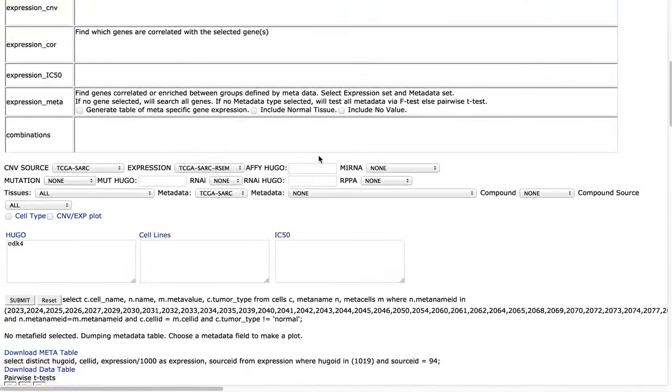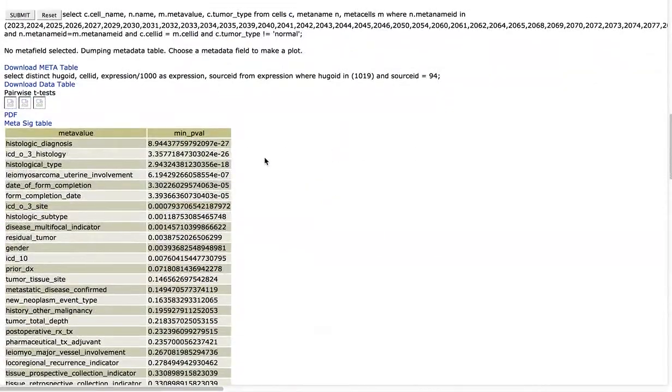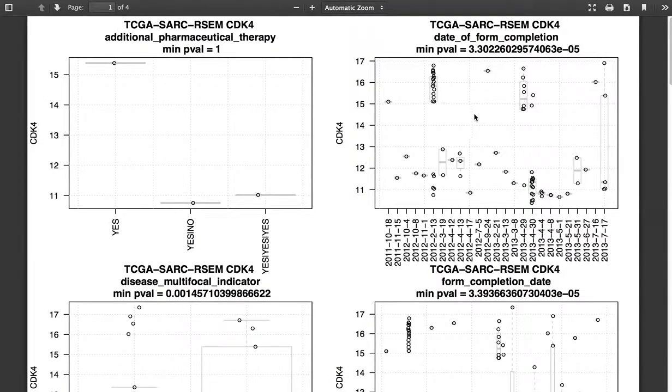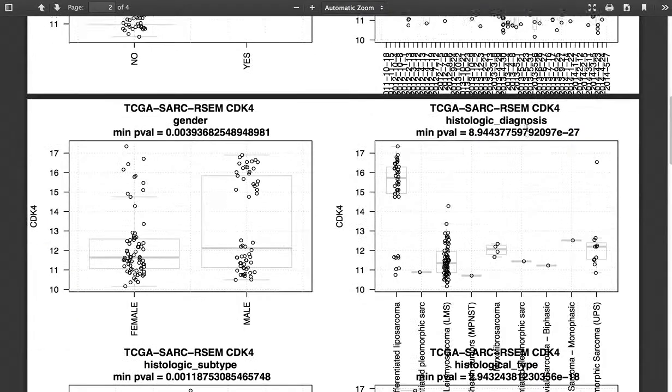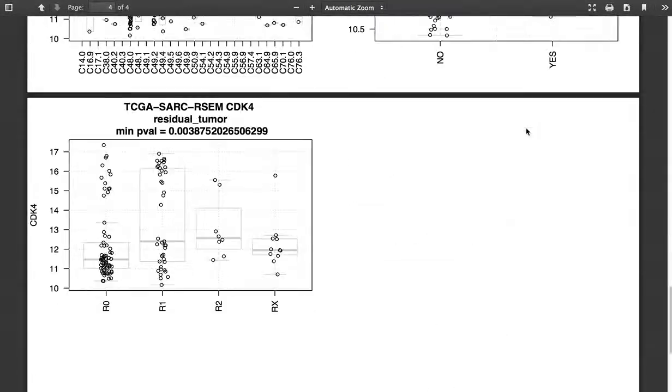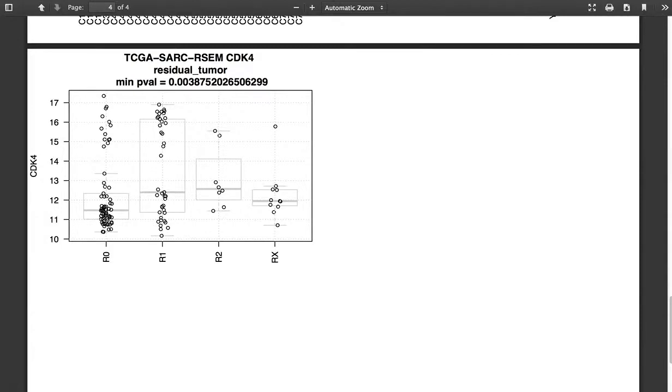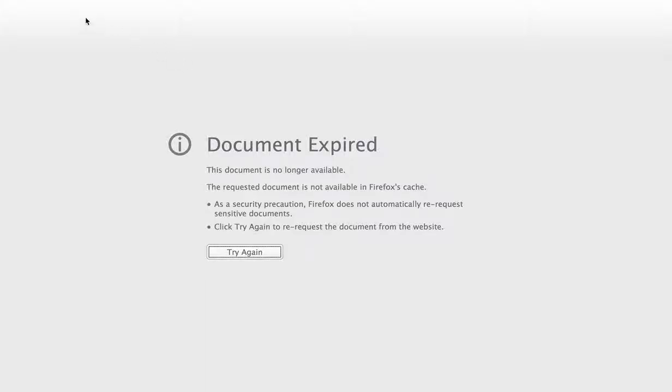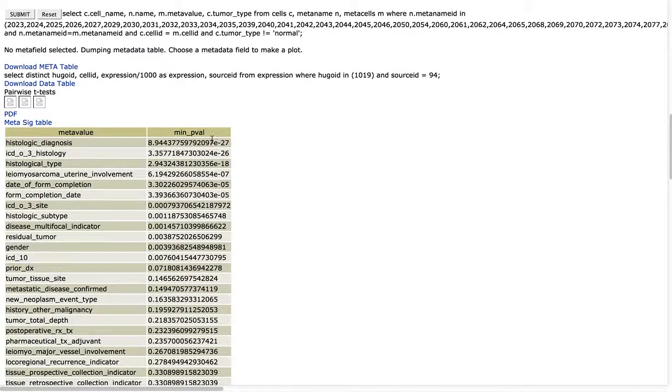Okay, so it's going to give you a ranking of what meta values have some significance. You can get a PDF of that. You know, look through all the different ones. Okay, there's a few. Let's go back. Document expired. Okay. Okay, so we see that this one has the most significant. So if we want to just test that one,